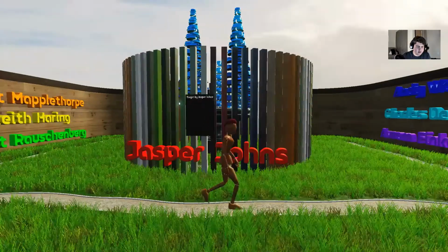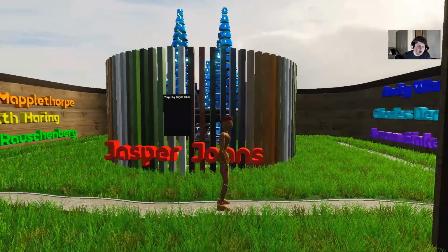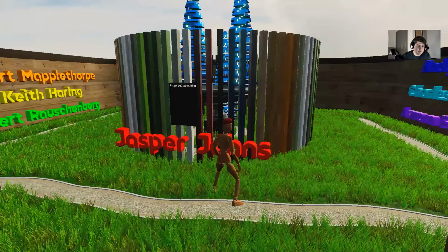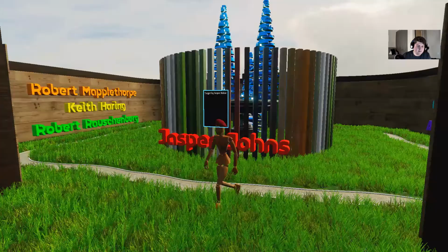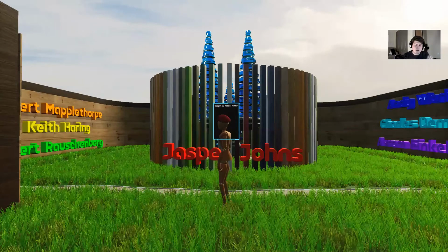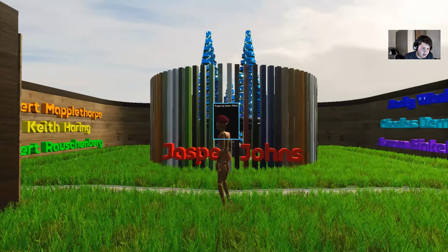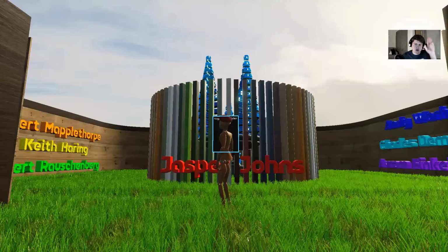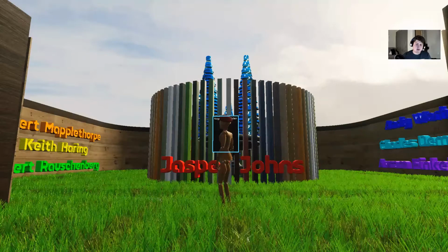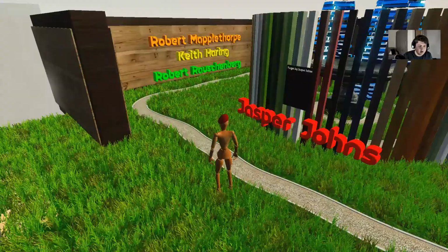a little tower of rainbow wooden blocks around which there's a fountain, and in front of that fountain with a glass box around it, I use these, they're like Christmas trees, to show that there's water coming out. But I wanted to put in front of that, protected by a glass box, the work Target by Jasper Johns,